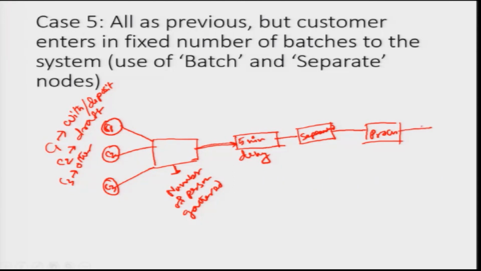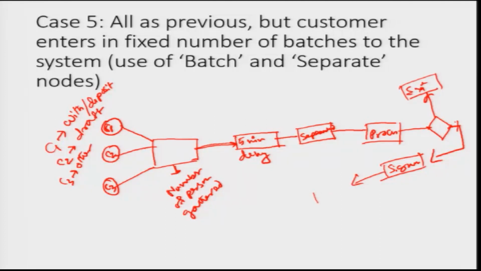and then whatever the process is, then again that decision node, whether the customer is from customer 2, I mean whether the customer wants to make a draft or not. If he is making the draft, then you may add this signature process. If not making the draft, then you may put them into the exit. Here also you can put them exit. Before reaching the batch, we need to put the assign node as well, just like the previous case. So, this is how you will batch, and now batch and separate nodes.